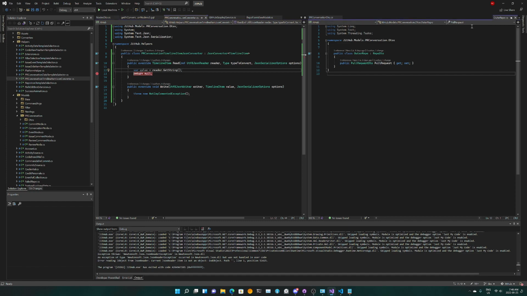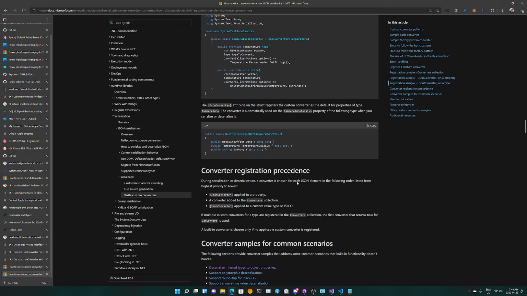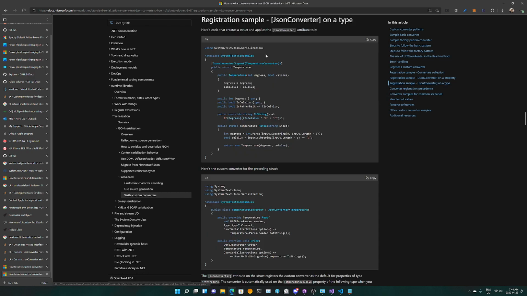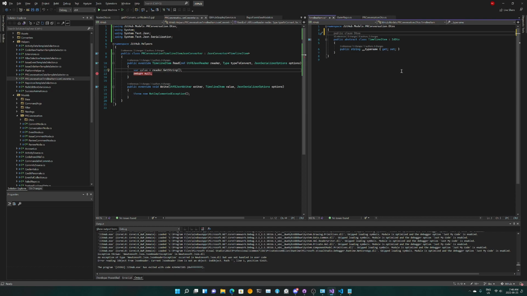Oh, before we do that, we might have to do this on this type. So over here, let's just put the registration, JsonConverter, typeof that JsonConverter that we're going to introduce.